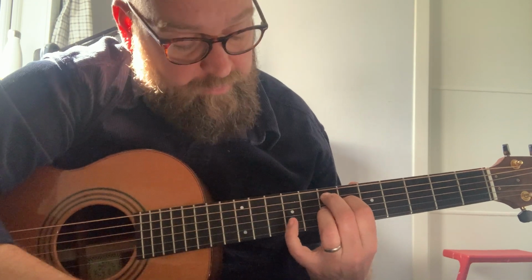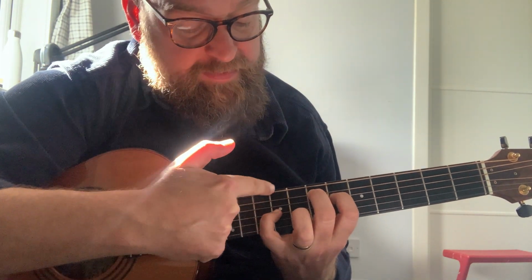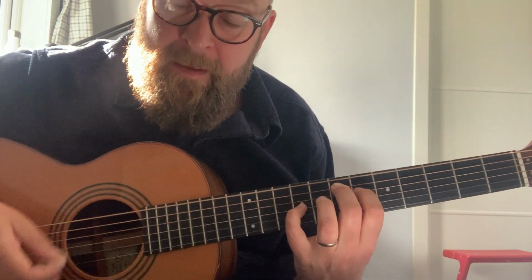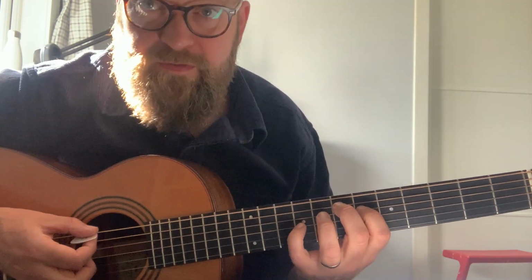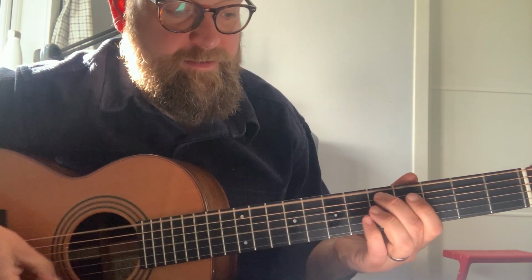And what you can do is with your pinky, if you lift your third finger off, or you can leave it on actually, if my fingers don't split properly there, I put my pinky here, which is the 9th fret of the G string, and you get an E major. It's absolutely brilliant. If you've ever heard Back of the Moon's version of Sands of the Shore, it features this chord prominently as a...